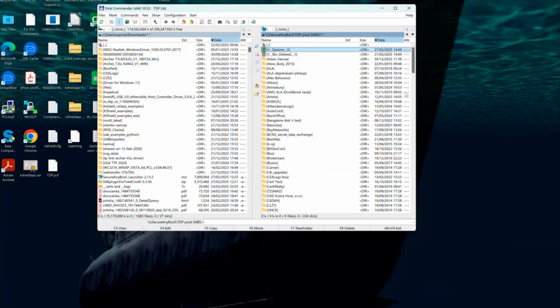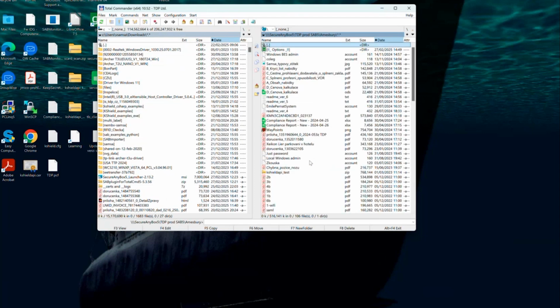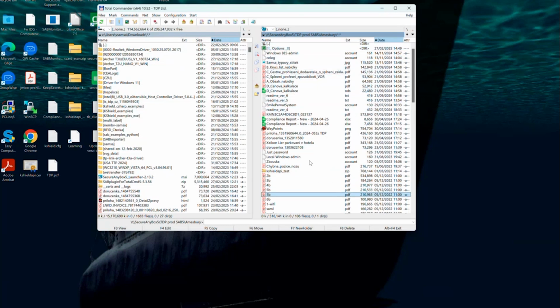So now I see the content of my SecureAnyBox, and I have here my demo company named Amesbury. You maybe remember that I used this company during the previous session. And this is the content of the SafeBox. Here you do not see icons like in the web interface, you see the file icons, let's say Adobe PDF. Of course, on the drive, the files are really strange. I can show you, but here you see it like it would be a standard folder, but still it is encrypted. So if I try to access, let's say, this file,